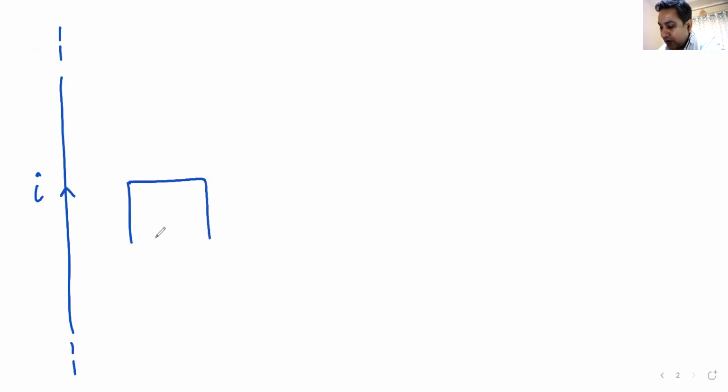And this is a square loop. The square length is A, and it is at a distance X from this infinite wire. There is no current in this coil, so why have I drawn current? The current in the coil will not be given to you, so I should take off this current.